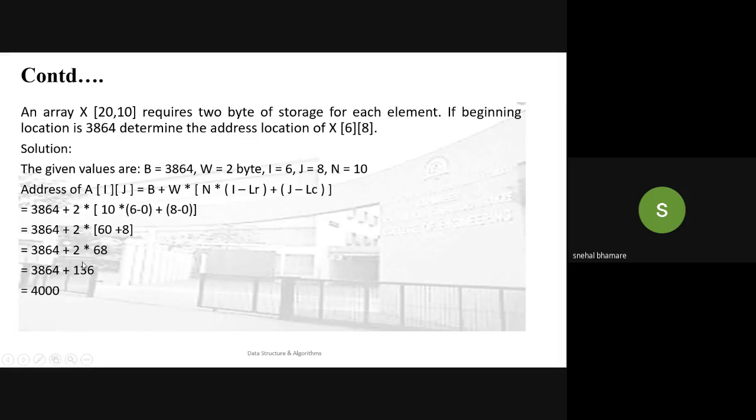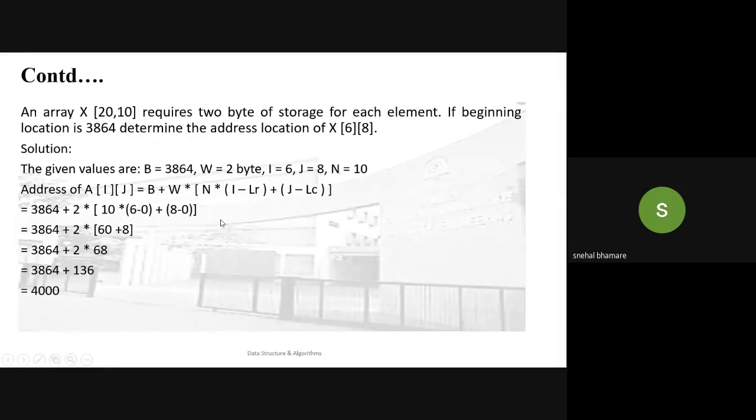Okay. So everyone got how to calculate the memory location address of a 2D array if the elements are stored in the row major order. Always remember that they will not always ask you to calculate the address. In some questions they may give this address and try to find out the value of W, or the base address, or the total number of columns in the given matrix. Okay, so if you know this formula, you can calculate the value of any of these parameters.